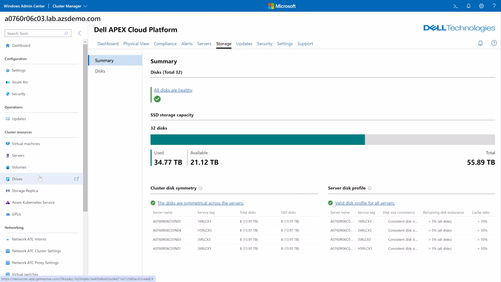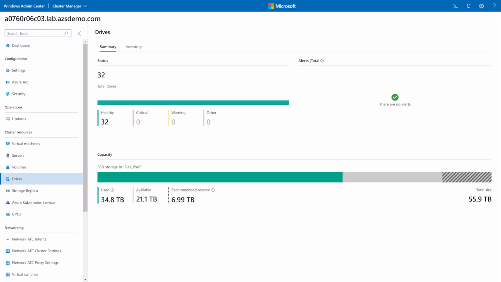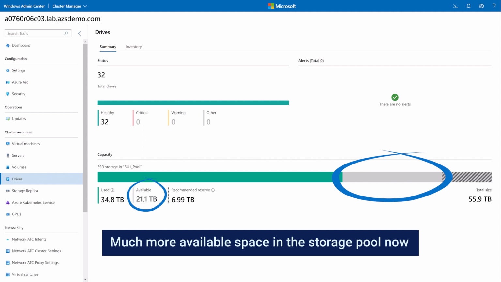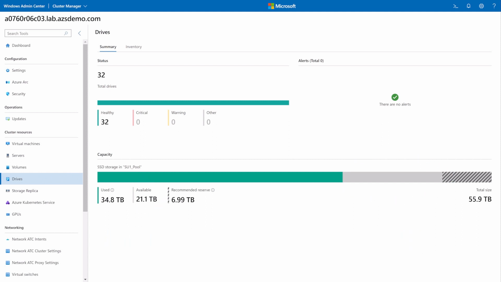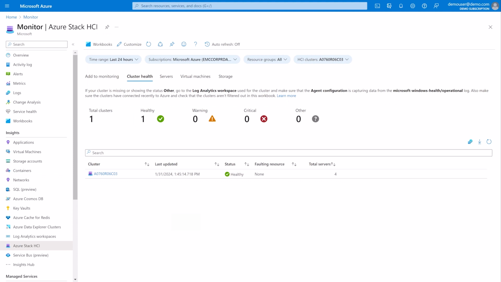I can also go back to the drives extension and I see that I've now got some breathing room on the available space on the storage pool after taking into account the recommended reserve space. And finally, I can go back to Azure Monitor Insights and see that my cluster has returned to a healthy state.